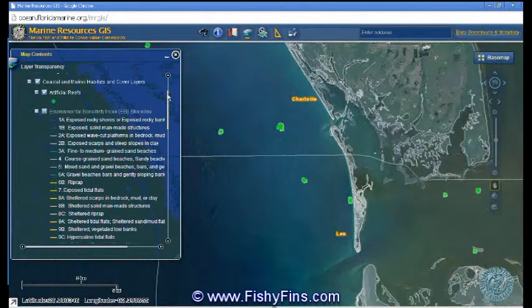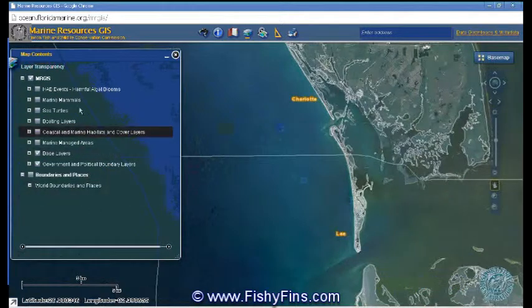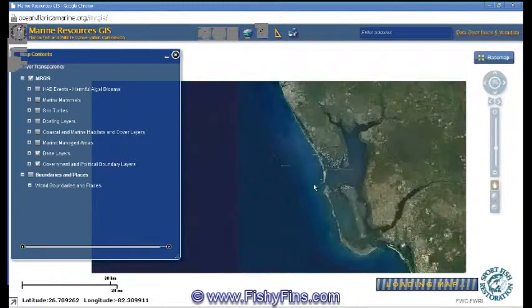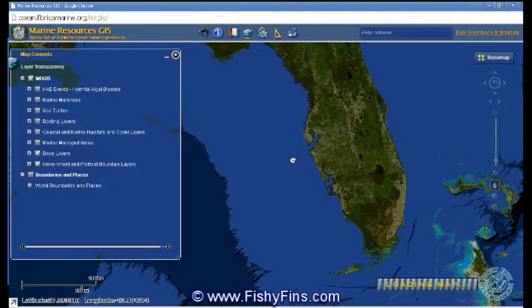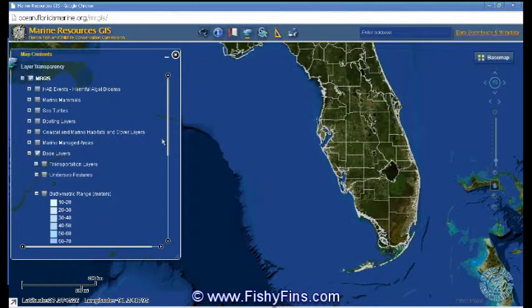Now we're going to turn all of this off, and we're going to play offshore because everybody's out there getting these big Goliath grouper and all that good stuff. So we're going to turn all that off, and we're going to go out here. I'm going to scroll out so we get a nice big view of the Gulf of Mexico. And just to show you how powerful this tool is, we're going to go to base layers. I'm going to open that up,